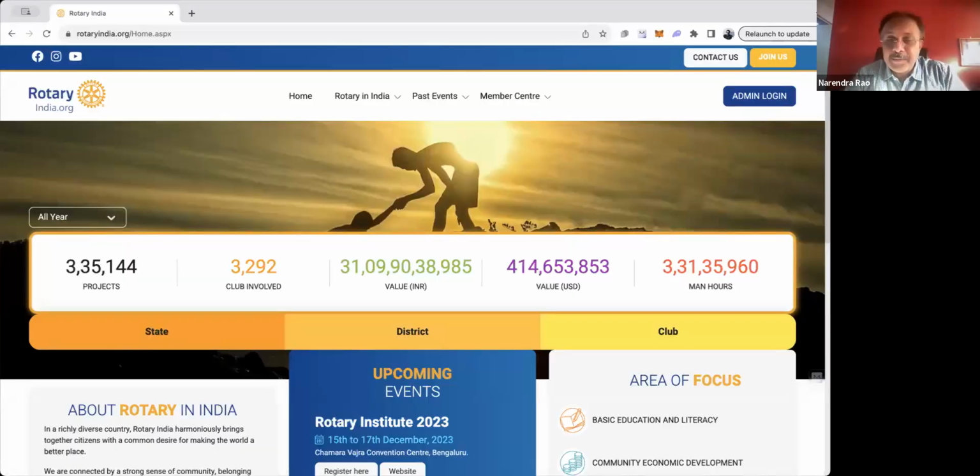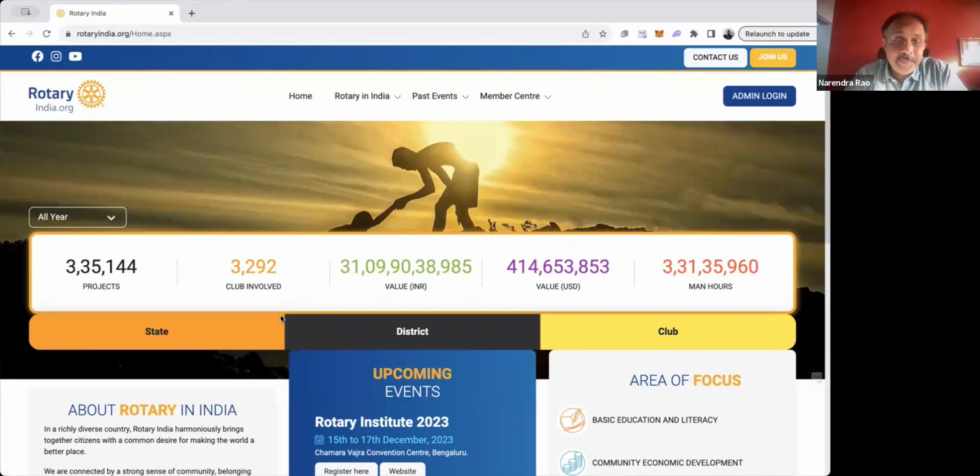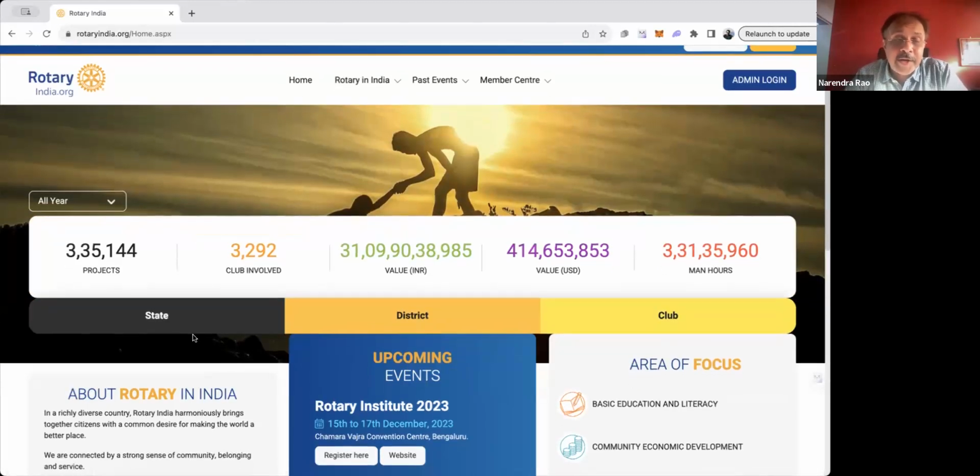Now, look at the numbers here. We have touched 3,35,144 projects added by 3,292 clubs worth 3,109 crores. So this is the power of our country, where we can actually filter this data into multiple things,